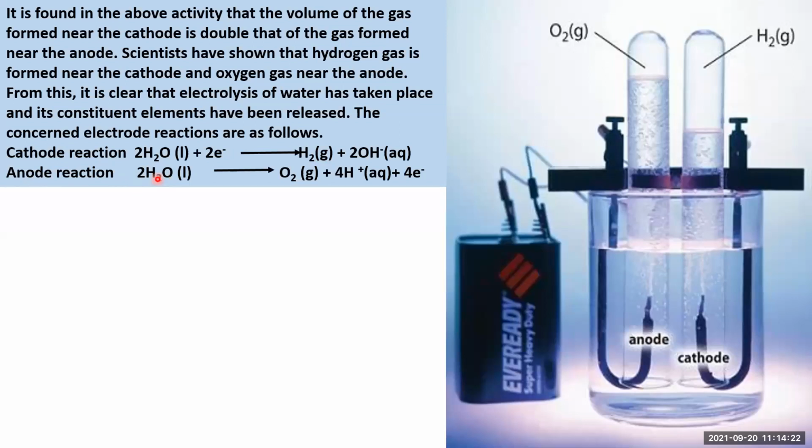There is water. Now water gets separated because of the current flowing into oxygen, four ions of hydrogen and four electrons. These four electrons go towards the battery through the positive terminal, and these four hydrogen ions remain in the solution as their state is aqueous. The oxygen of two atoms is in the gaseous state, so it comes out of the solution and gets deposited on the upper level of the test tube.